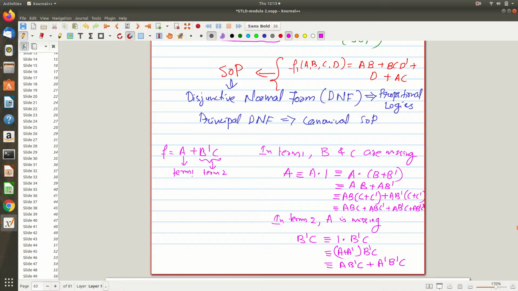Okay, so what I am doing is, this F I am writing like F is equivalent to, so what are all the terms? See, first from A I expanded to ABC, plus ABC dash I have, right, plus AB dash C I have, plus AB dash C dash. These 4 terms I have written, right?